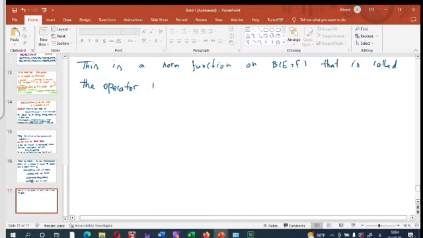Operator norm. And the proof of this is very easy, that this is a norm because